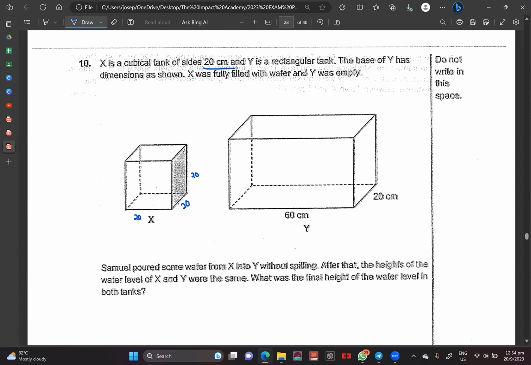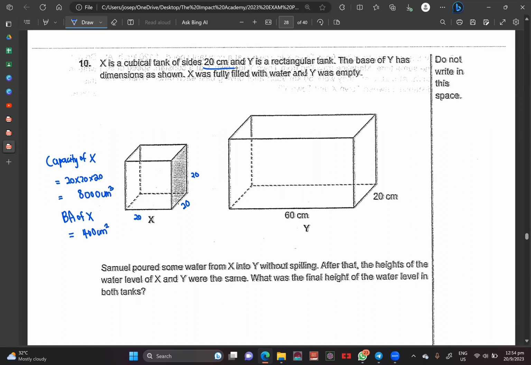First thing first, of course, you can say that the capacity of X is equal to 20 times 20 times 20, and that gives me 8,000 centimeter cube. Then the next thing you want to write down is the base area of X. The base area of X will then be 400 centimeter square. So once this is done,